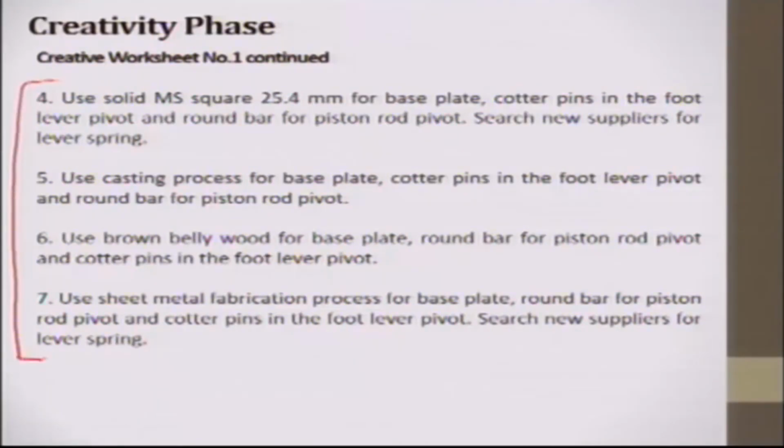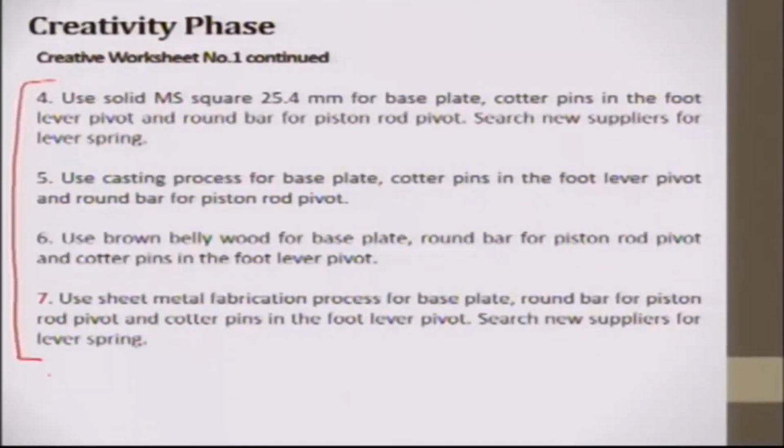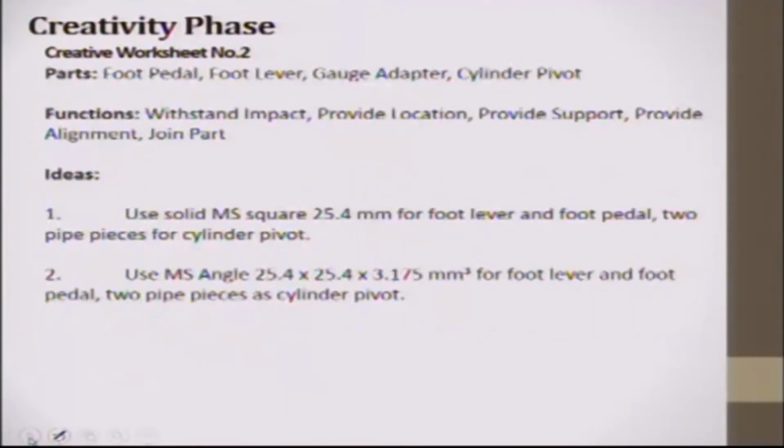We have 7 ideas. Actually there are not only 7 ideas. When we work on the creativity phase, multiple ideas come up, and the number of ideas comes down. So out of those, only 7 ideas are listed which are practically feasible. So similarly creative worksheet 2: these are the parts, these are the functions, they are grouped together. In a similar way, in this study about 7 to 8 worksheets were made, and actually 12 worksheets were made,